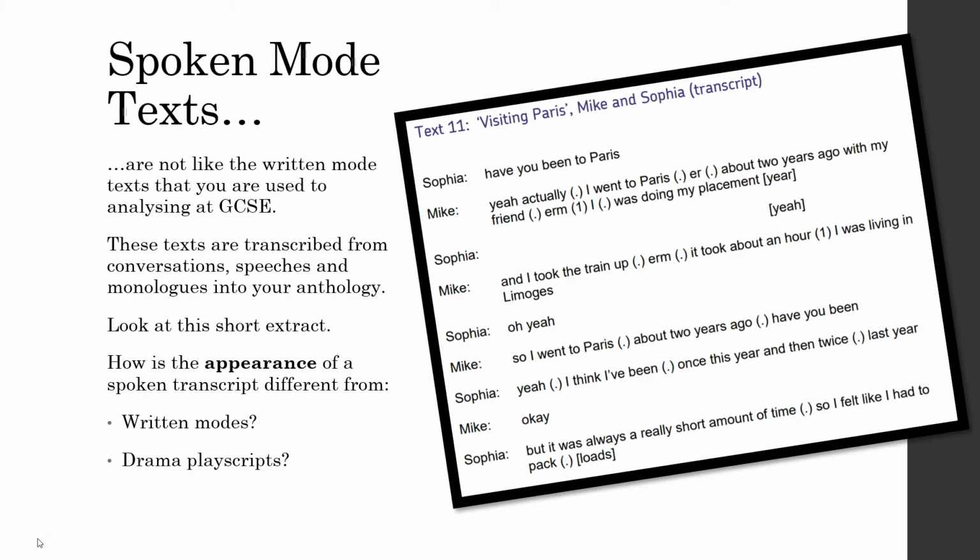Spoken mode texts in Paris: one of the main distinctions is those that are transcribed and those that are not transcribed. And you'll notice that there's a number of spoken mode texts in Paris that have been transcribed rather than written out using the written mode. If you look at this extract, this is from text 11, the Visiting Paris extract, you realise that the appearance of spoken language in transcript is very different from other written forms of communication,